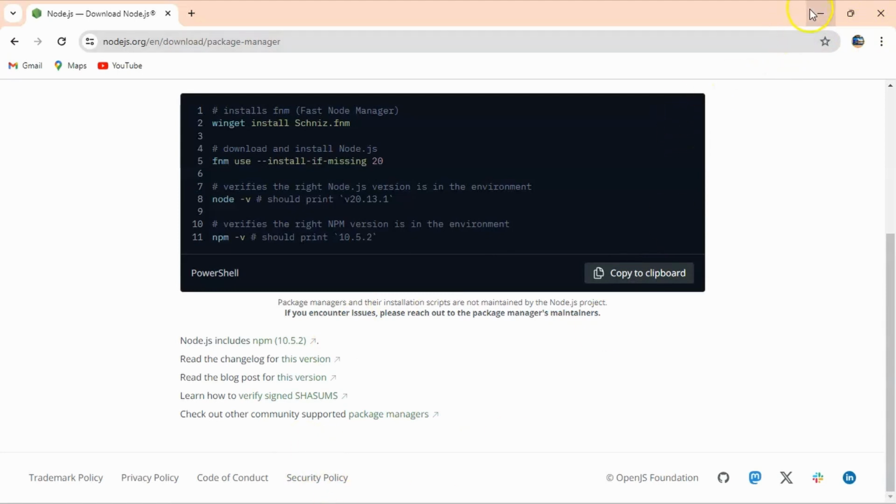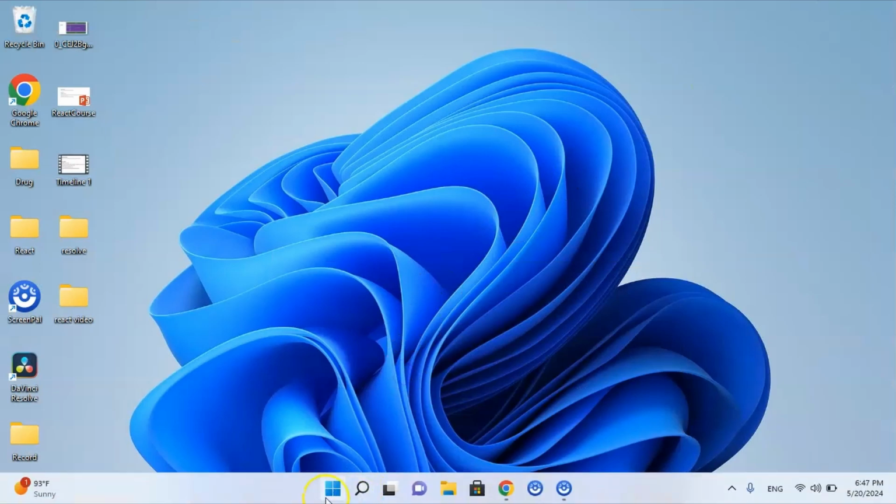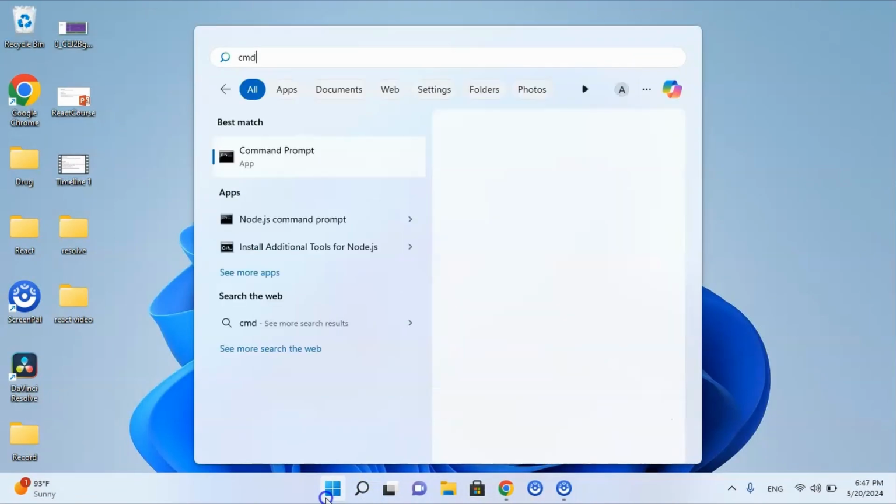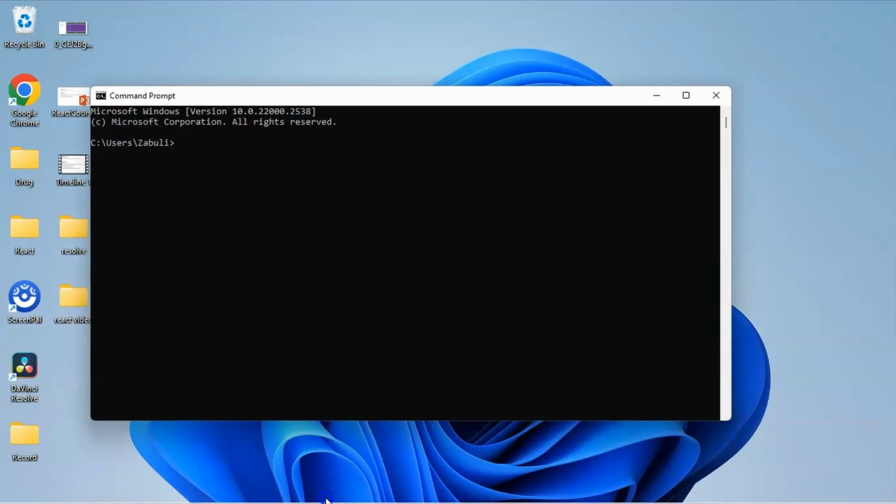After installation of Node.js, you need to open CMD on your computer like this, and just run here node -v, meaning node version. You will see the version of Node.js if Node.js was installed on your PC. And after this, just write here npm -v. npm is also installed on my PC, and this is the version of npm. Now I can create a React application on my device,